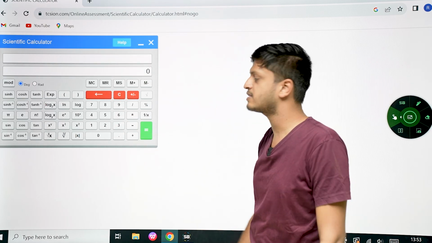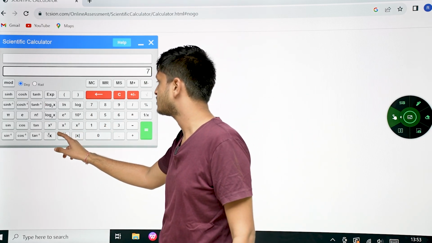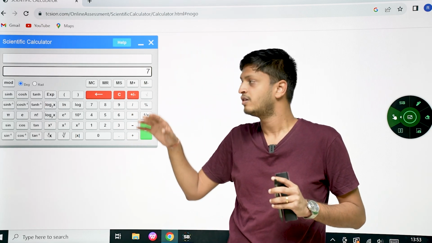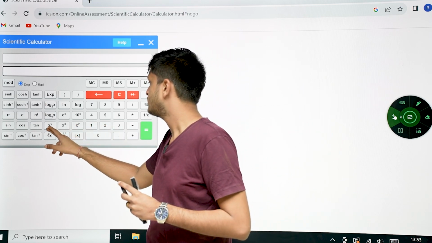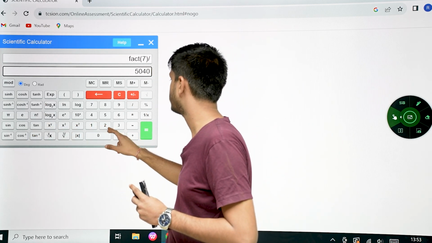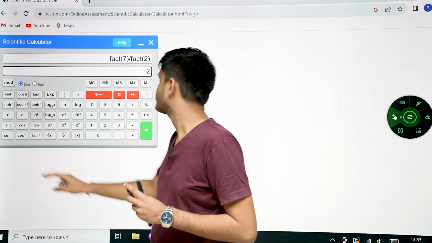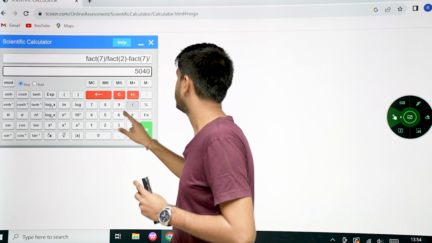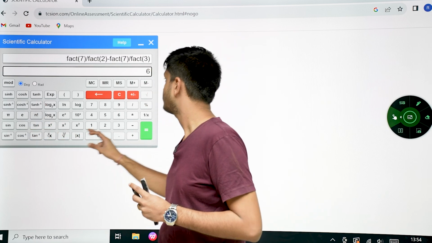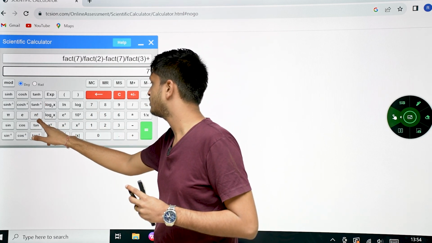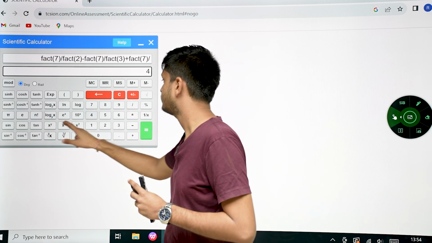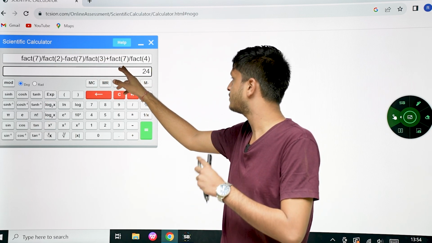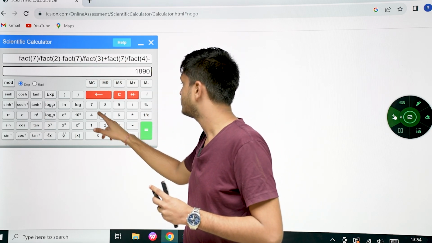I can prove that. See, what is subfactorial of 7? It is 7 factorial times 1 minus 1 factorial. We can cancel that term. 1 minus 1 factorial is 0. So now plus 1 by 2 factorial. So it will become 7 factorial upon 2 factorial minus 7 factorial upon 3 factorial plus 7 factorial upon 4 factorial, right? Plus 1 by 2 factorial minus 1 by 3 factorial plus 1 by 4 factorial minus 1 by 5 factorial. So minus 7 factorial